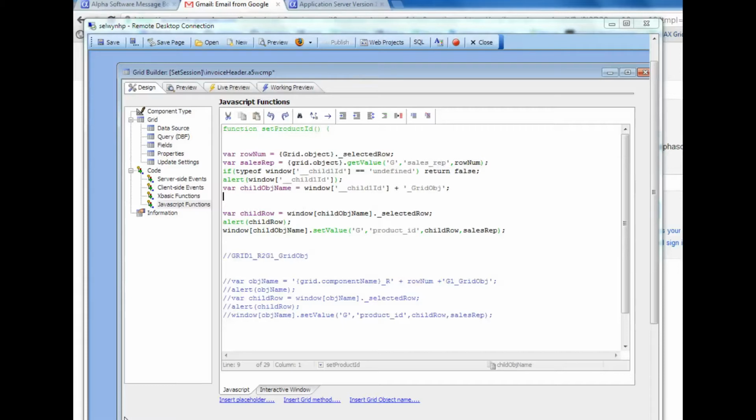So we're continuing our discussion on how a parent grid can send commands to a child grid. What we've just done previously is go to the child grid, and in the after grid render event we've set a global JavaScript variable that contains the ID of the child grid. So now we're back editing the invoice header, which is the parent grid, and we've commented out our previous code here,